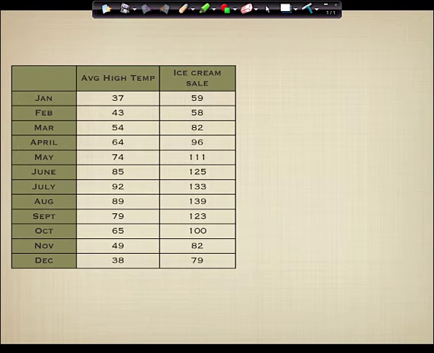Okay, guys, everything we're going to do for the rest of the day then is going to be application. So here you go. Check this out. I'll turn out the lights again and zoom into it. Guys, here's some data. So down the left-hand column, we've got months of the year. Down the center column, we have the average high temperature in Fahrenheit. And down the right-hand column, we have ice cream sales. And actually, I think the units are thousands of ice cream cones or something like that.